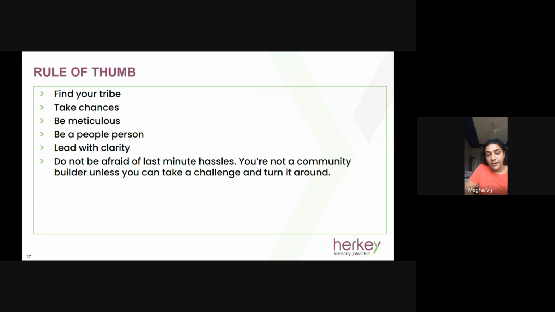Plus, this was a brand that was paying us 50K, and we hadn't claimed that money yet. So, despite the fact that these guys were the ones who screwed this up for us, we would not have been able to make that money because they would have said that, yeah, if the session's not happening, unfortunately, we cannot pay it. It's obvious. So yeah, there are last minute hassles that happen, but part and parcel of being a community builder is that it's not work for me. It's just how work happens for me. That there is something that's going to break, and I have to make sure that I solve it at that point. So that is how you really learn quick thinking and decision making at the last minute for communities.